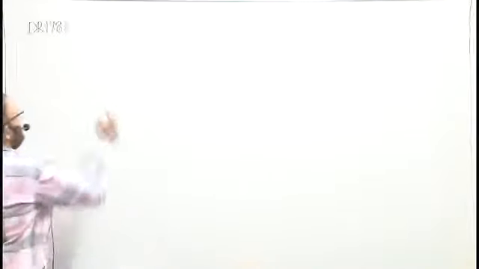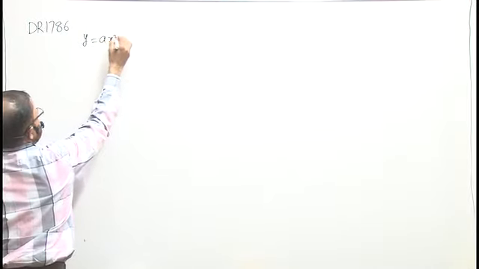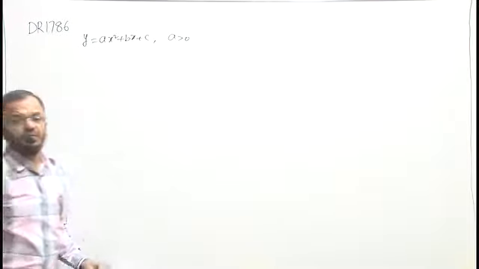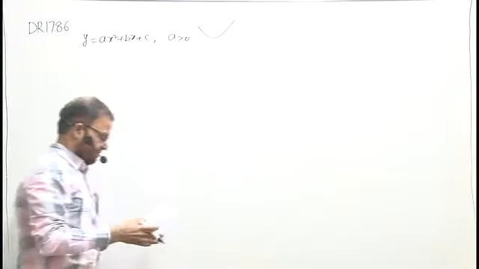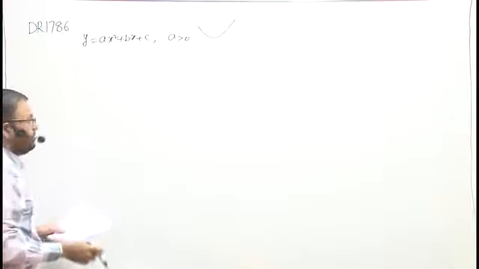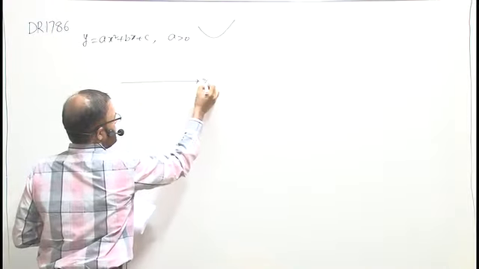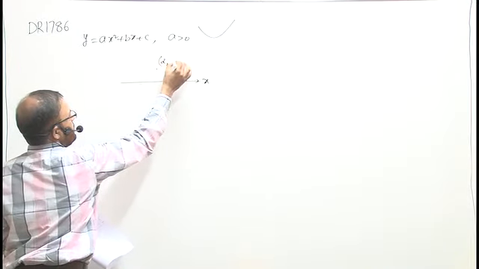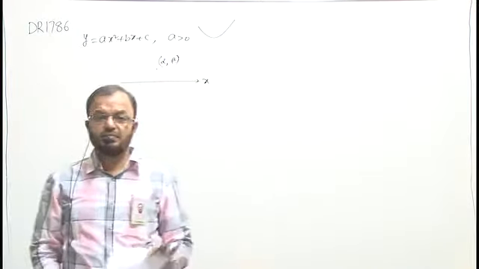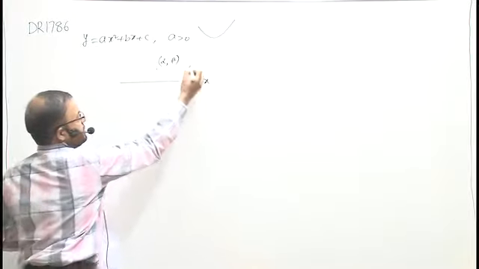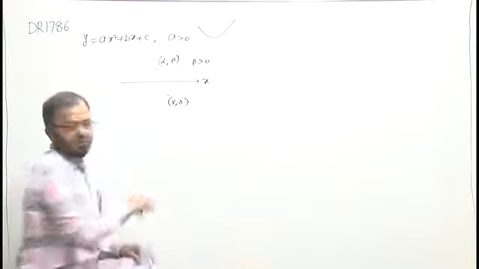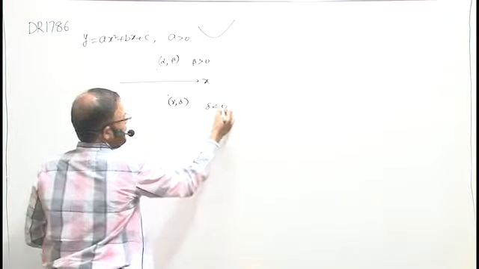Before starting the solution, हम यहाँ पर देखेंगे अगर y is equal to ax square plus bx plus c है और a पॉजिटिव है तो graph of this one will become opening upward graph. And also I can say this is x-axis. If you are having any point alpha comma beta, I can say that beta will be positive because it is above x-axis. If it is here some gamma comma delta, I can say delta will become negative because it is